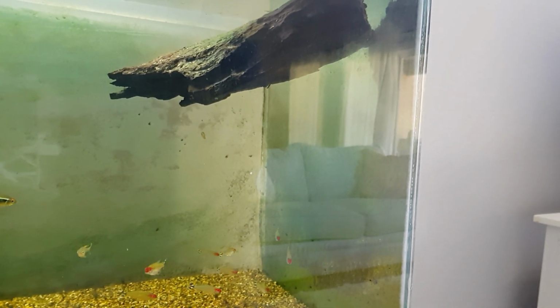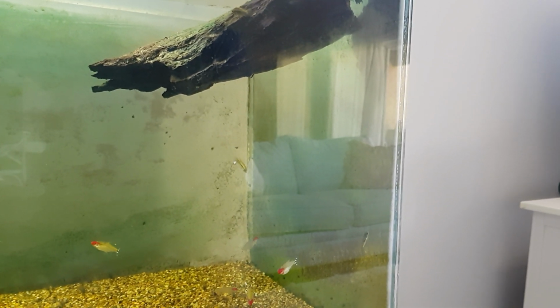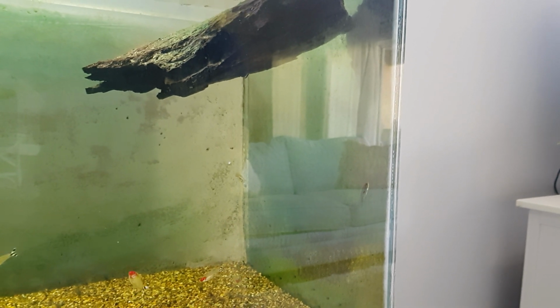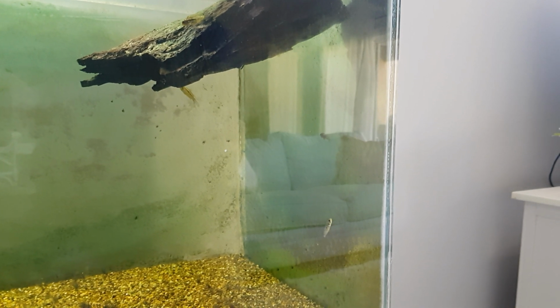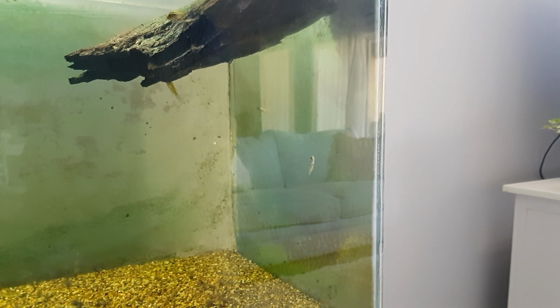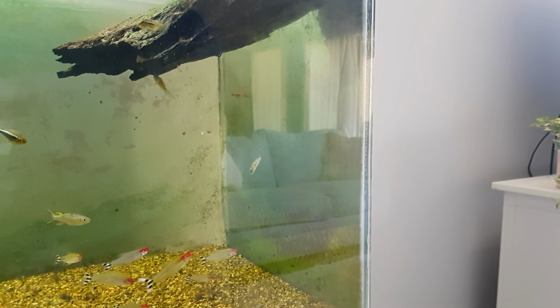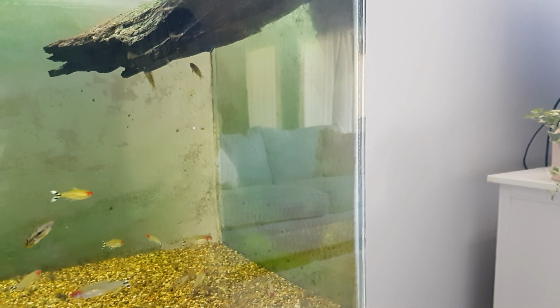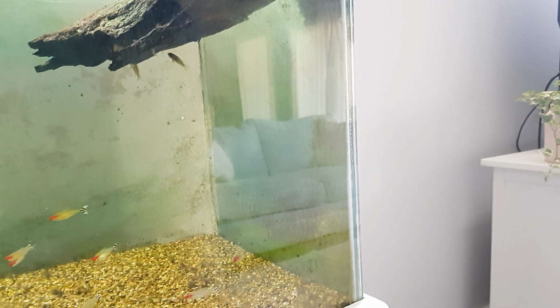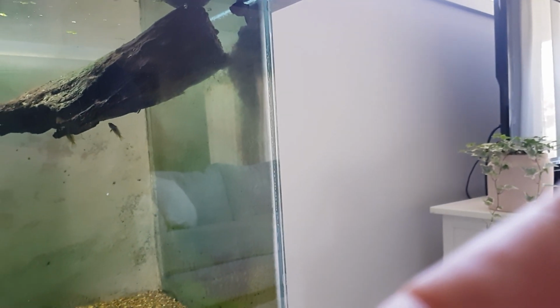So I put him in there with the other goldfish. And the next morning I came in and he was basically half scared to death in a bunch of Elodea at the top of the tank. So I grabbed him and put him in with the cories just to see if he would recover. And he recovered pretty quickly. Then I thought I need to put him in a bigger tank. So he's in here now, but he might demand his own tank, I think. In, I don't know, maybe 6 months' time, he might start getting to the size where he's got to have, like, a 2 or 3 foot to himself,